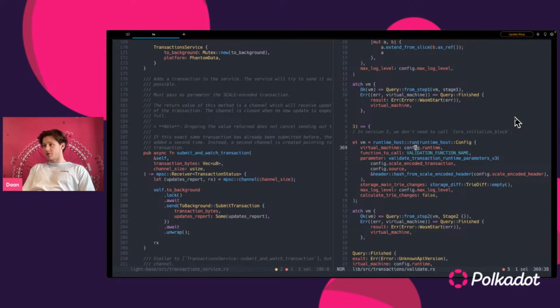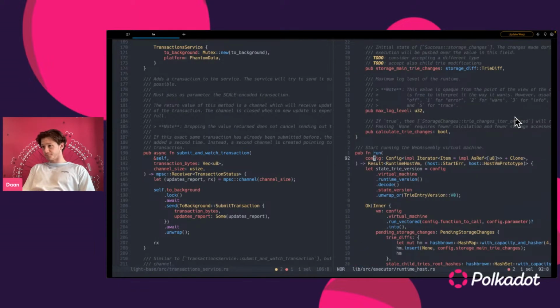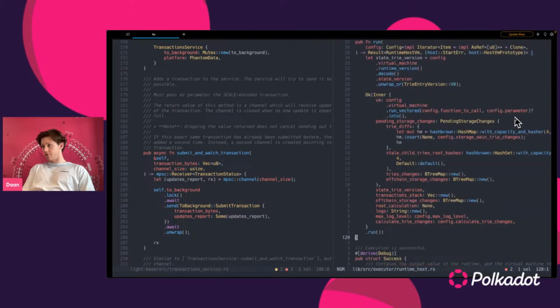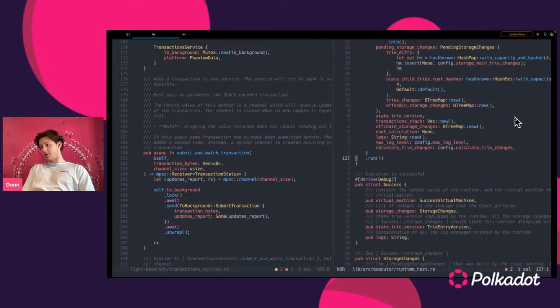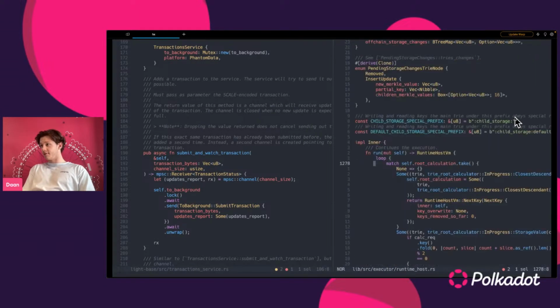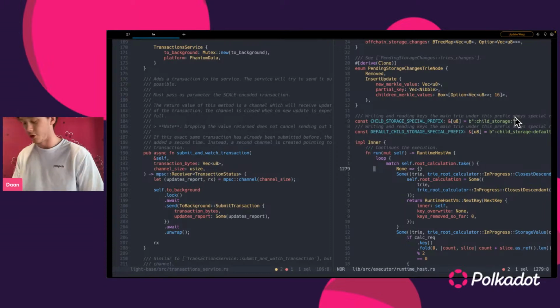So what happens is we run it, and what can happen during an execution of the runtime is that